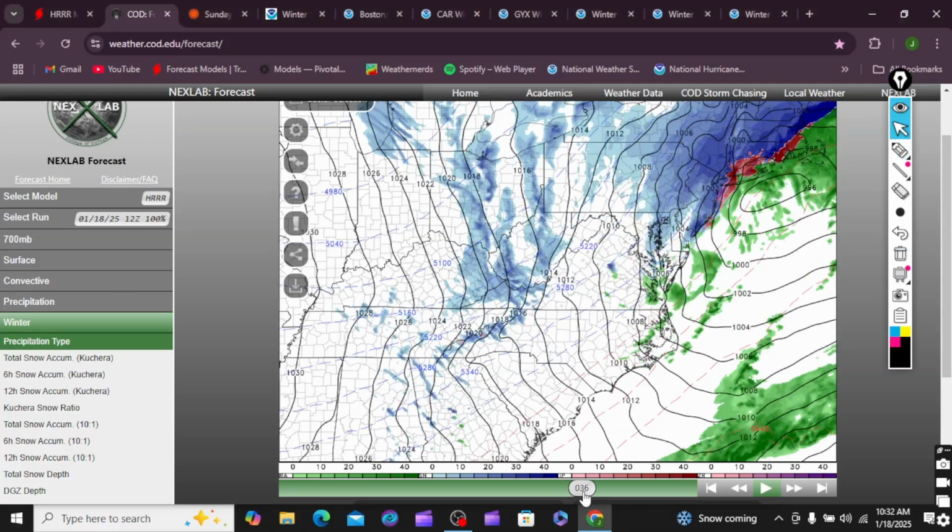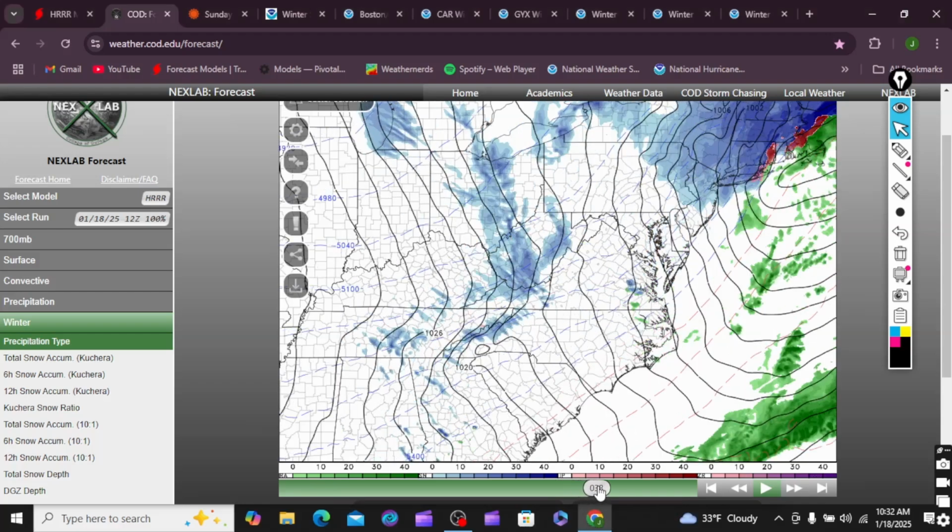We go into 7 o'clock, still spinning, starting to move away just a bit. We got still a strong low. Now I would say more of light to moderate snow back in these regions where I just circled. Moderate to heavy snow over here. So this is about 7 o'clock. We're still cranking out some snow. The worst is over though if you're in the areas right here. This is according to the HRRR. We got some other models that pretty much show the same.